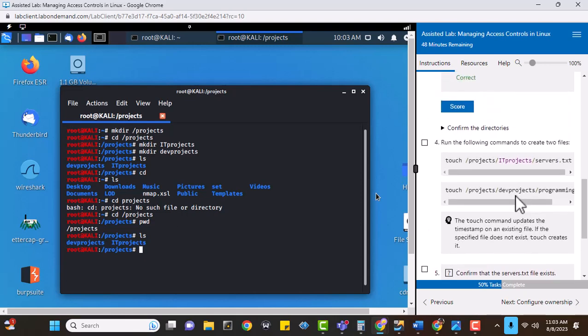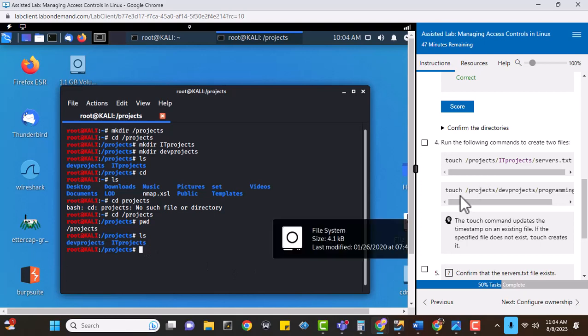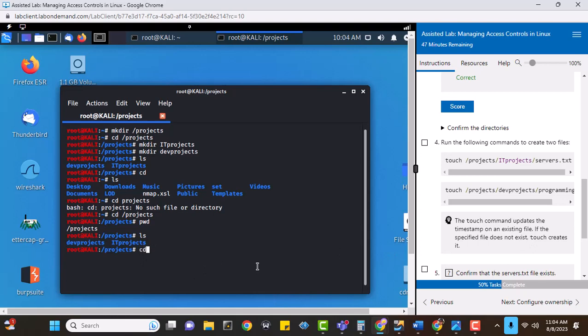All right, so here again, you can do this one of two ways. Run the following commands to create two files. Now, if we were in root, we would have to type this whole thing out. But if we actually just change directories to be in the directory where we want to save it, we can just create it. So we're in projects, right? We can cd change directories to IT projects. See how we're now in